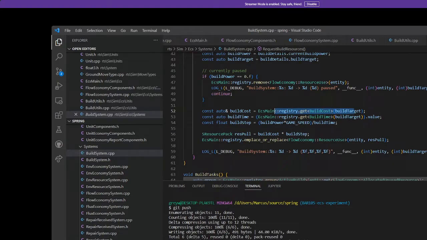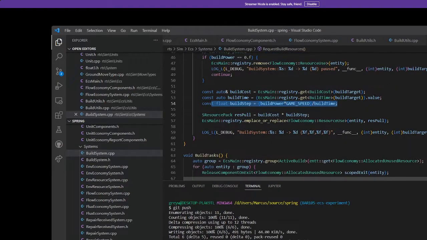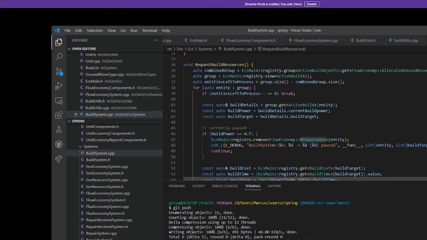So okay, I need to get the build cost, and I need to get the build time to calculate the build step, so that I can work out what my resource request is. And then I can set up a resource use, which, as you saw in the flow economy, it reads that and does allocation according to that. And it will give me an allocated unused resource component when it's assigned me some resources,